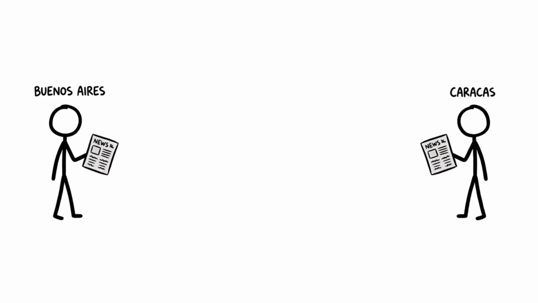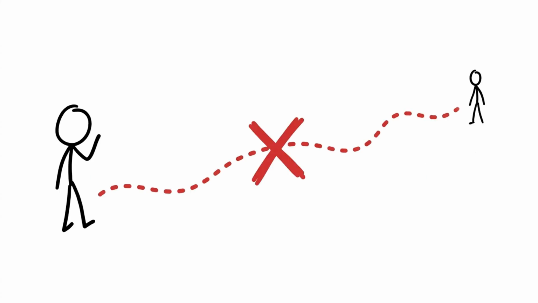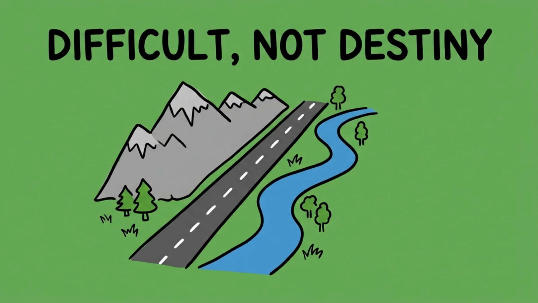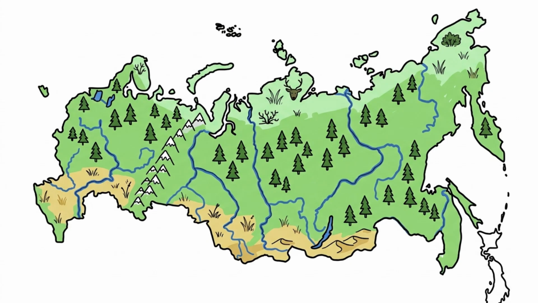It does not tell you who they trust with power, who collects their taxes, or who commands their loyalty when a crisis hits. Spanish speakers in Buenos Aires and Spanish speakers in Caracas could read the same newspapers in theory, but in practice they almost never did, because the physical distance and the colonial infrastructure never connected the two cities in any meaningful way. You might wonder whether geography really played no role at all.